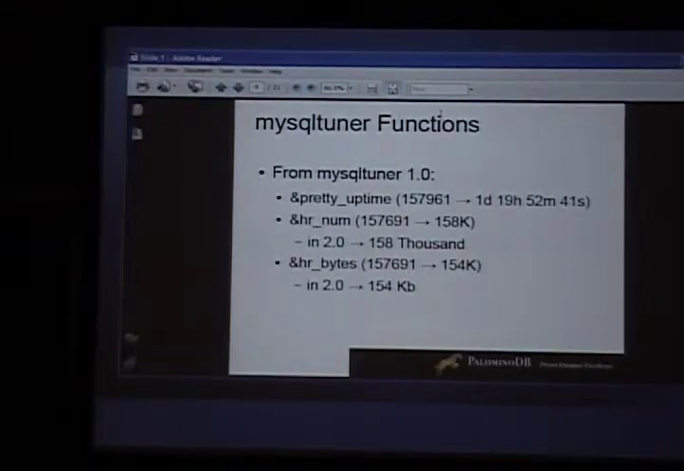There are some functions that are hard-coded in MySQL Tuner that you can use in the expressions to compare. From MySQL Tuner 1.0, you have pretty uptime, which is used for uptime. It takes a number in seconds and puts it into the right amount of days, hours, minutes, and seconds. HR means human readable, so the human readable number changes from 157,691 to 158K because this is kind of hard to read. MySQL Tuner 2.0 actually says thousands instead of K